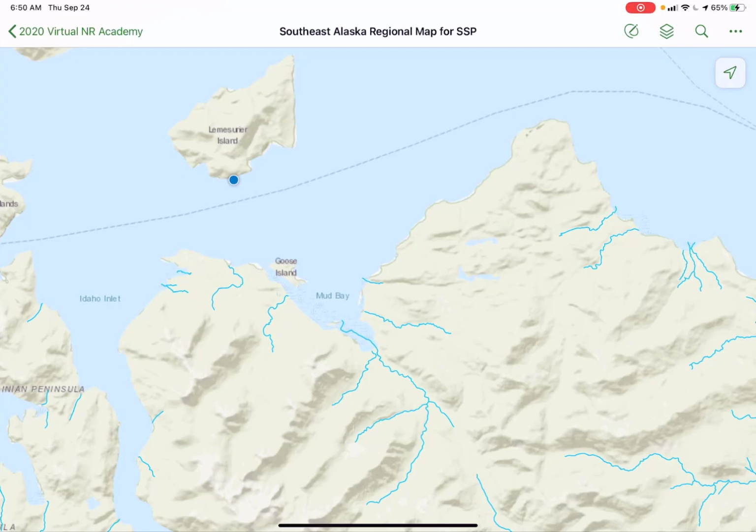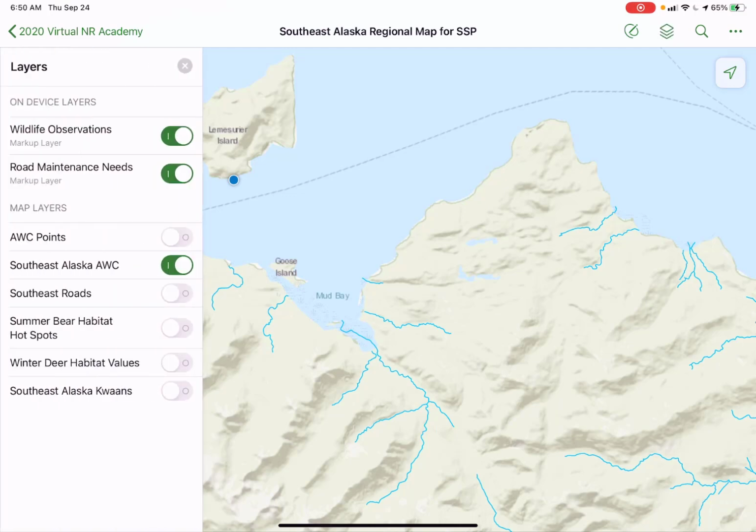Okay, for the next lesson, let's look at the layers in the map. You can access the layers tool by tapping on the icon that looks like a stack of papers in the upper right hand corner, and that brings up a box on the left hand side that displays the layers that are available in the map in the order that they're stacked in the map, and with toggles to turn them